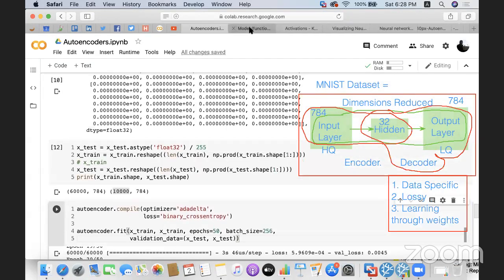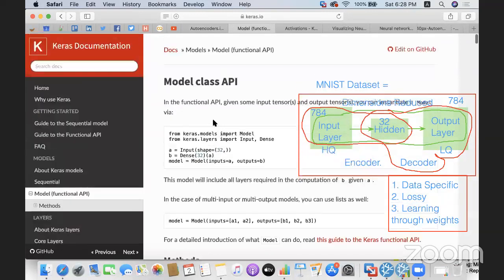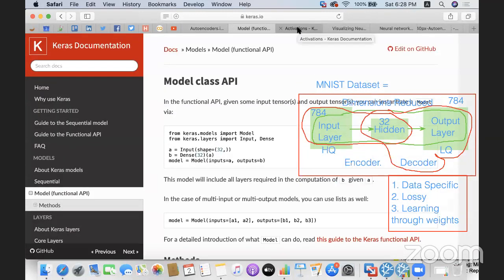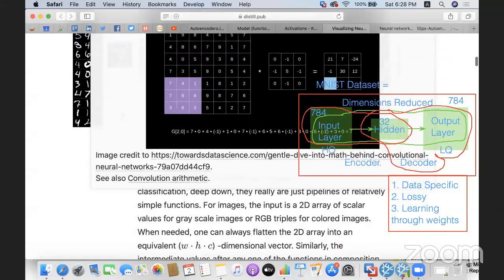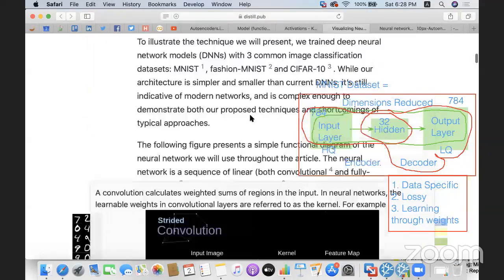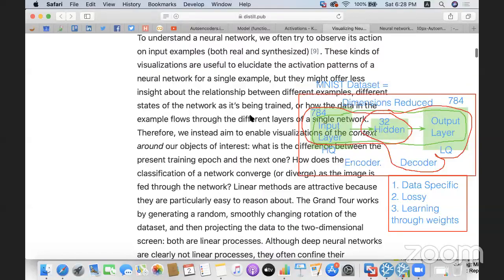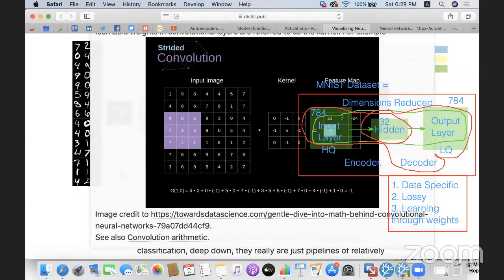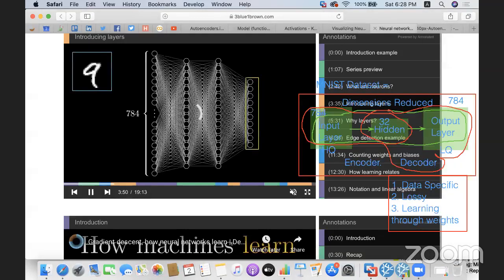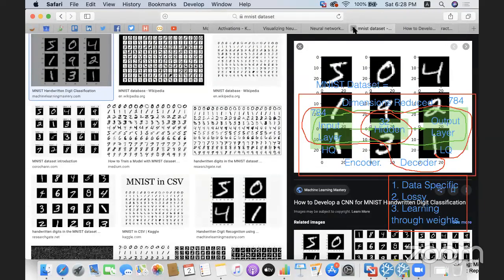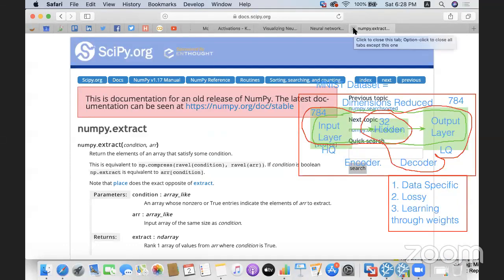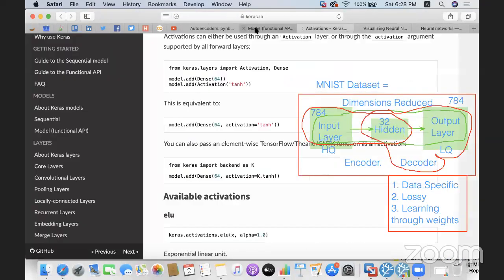अगर किसी जगह कोई भी confusion है तो आप मुझसे पूछिए, या फिर आप documents को, जो मैंने आपको document शेयर किए, इनको refer कीजिए। Models, activations, visualizing the neural network. ओके, ये सारी बातें हम कर चुके हैं। इन फैक्ट आगे हम CNN वगैरह भी पढ़ेंगे। CNN में आप इस तरीके से feature maps बनाएंगे और फिर आप identify करेंगे। Neural networks के concepts आप लोगों को clear हैं, वो हम पढ़ चुके हैं। Basic autoencoder होता क्या है ये भी आपको clear है कि पहले आप encode करोगे, आप decode करोगे।